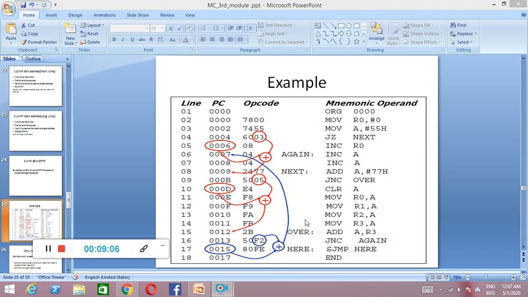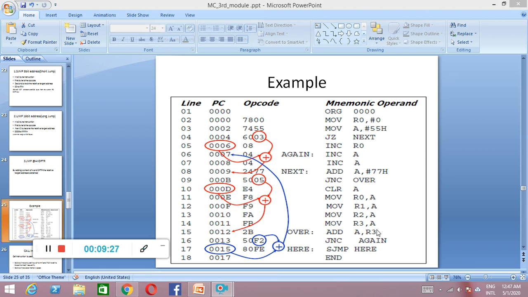Okay, so this is how it is going to work. Similarly, we have sjump here. In the sense, the same instruction is going to keep working continually, and it is going to repeatedly be there on this location only, right? So this is how it's going to work.